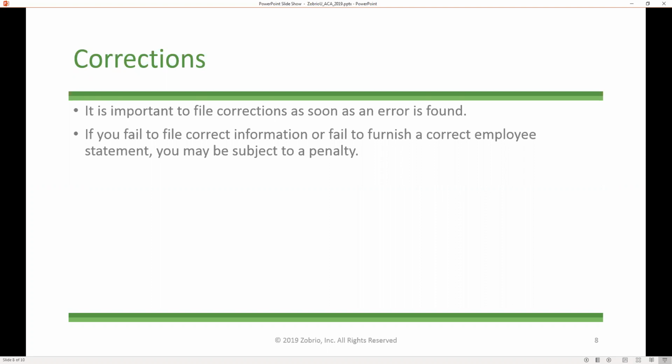The penalty, the average has been about $250 per form, so you do not want to pay that money, of course. So again, educate the employees, just let them know this is going to happen and this is what you need to do, and check, match the name printed on the form with the Social Security card, and that should take care of 80% or more of the issues that I have seen in the past. So,